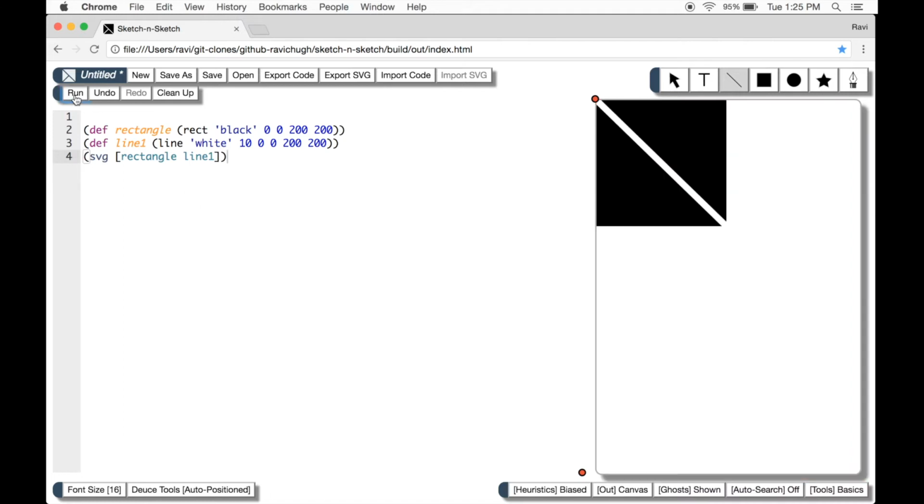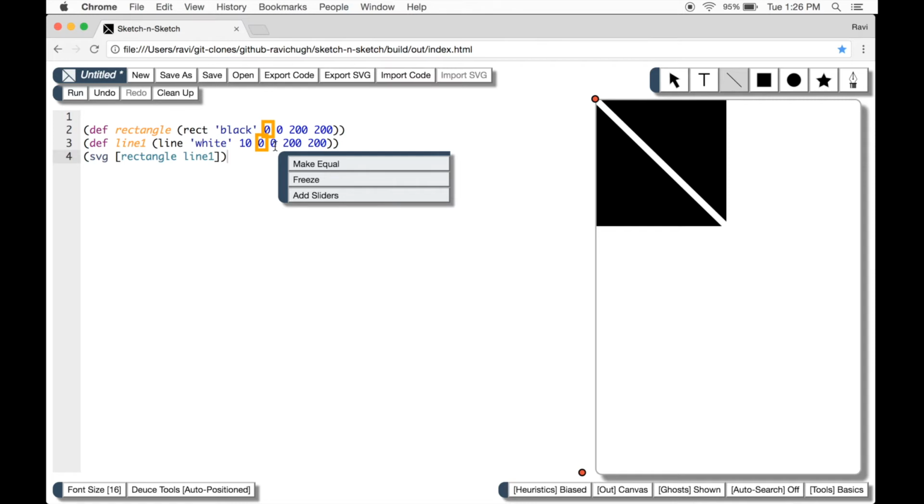We started by hand coding the position of each shape with constant numbers. Now we would like to introduce variables so that these parameters can be shared across definitions. Whenever we hold down the Shift key, Deuce displays clickable boxes around the sub-expressions in the program. When we select the 2 zero constants for the top left x positions of the shapes, Deuce displays a menu